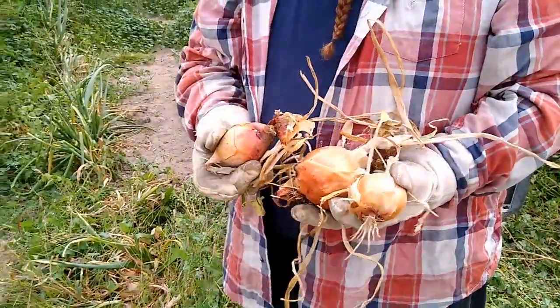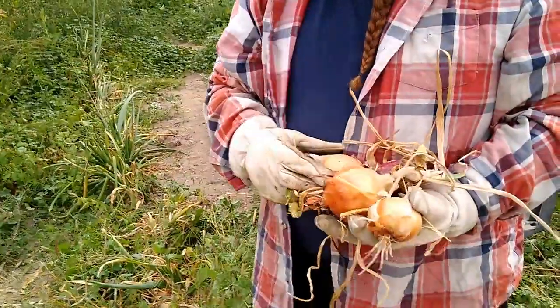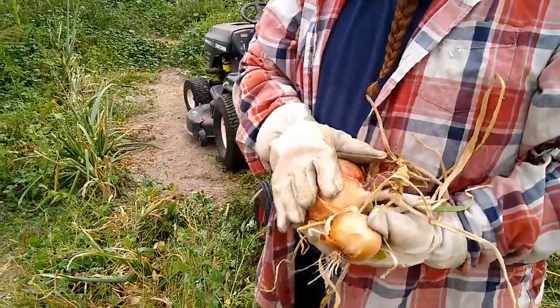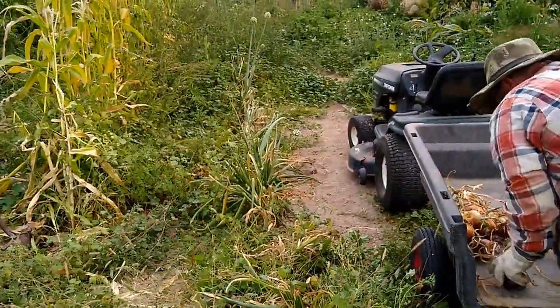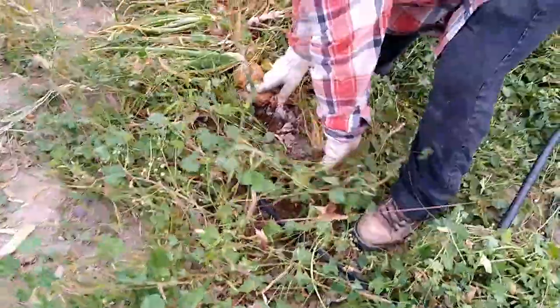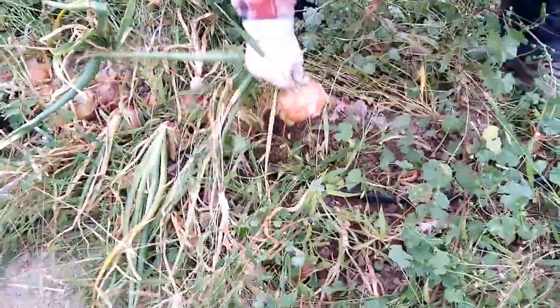So I mean, some of them are not that big, but we had a lot of onions pretty close together in some places. But we like the big ones, we like the small ones, we'll eat them all. Oh, I think there's some really big ones right down that row. This is the very end of the row, and I don't think it got the water quite like the rest of it. So I think we're going to see, yeah,